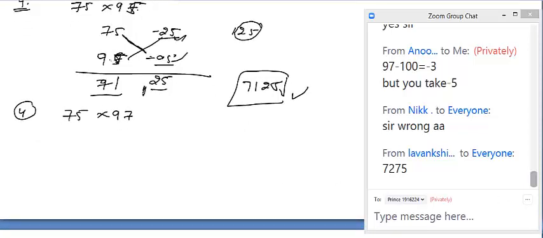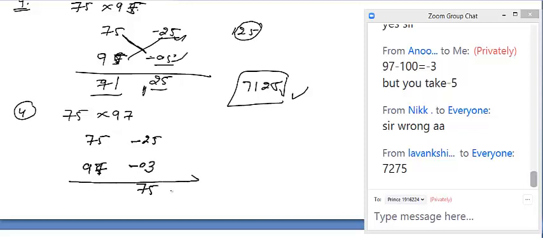I am just thinking it is 5 here, no problem. You can write it 97, 95, 95. So this is 75, here is the 95. So here, what is the difference? Deviation is minus 25 and 95 is 95 minus 3, you have, so 97, so minus 03. When you multiply, you will get 75, correct? So this into this, 75 minus 3, you have 72. You can check 7275, yes or no? Understand, correct or not? Very quickly. Absolutely right, because we have done this mistake.